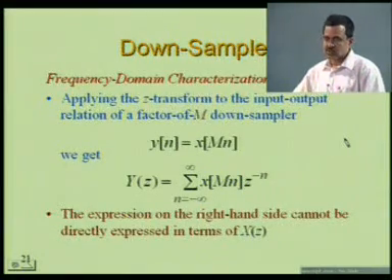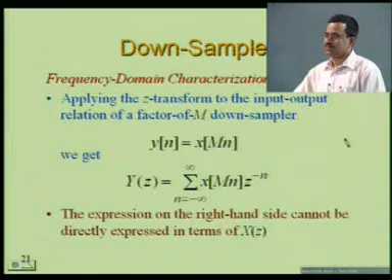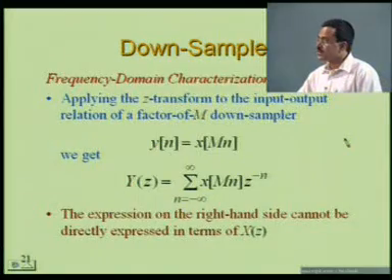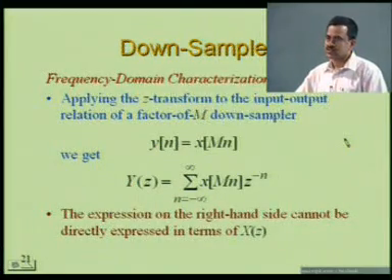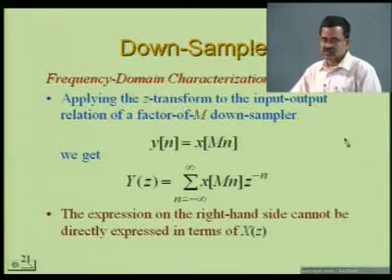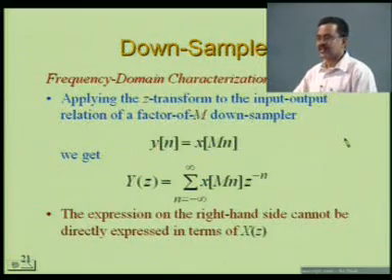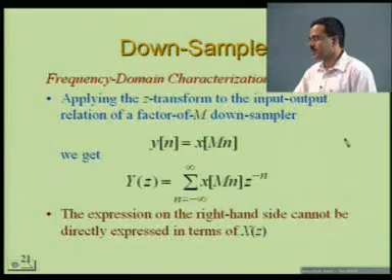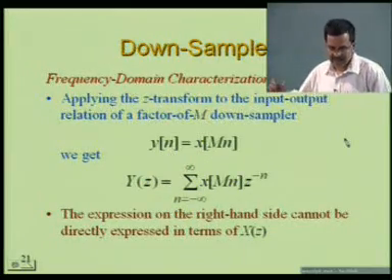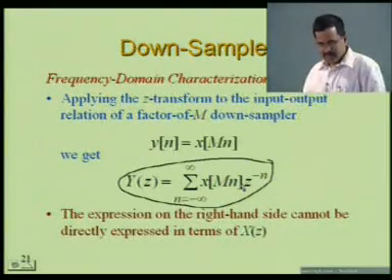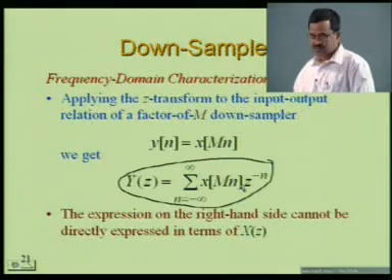output sequence is equal to x[Mn]. This we have already seen earlier. Then by evaluating the Z transform of the output sequence, I get Y(z) is equal to sum over n from minus infinity to plus infinity of x[Mn] z to the power minus n. From the basic definition of Z transform, I can easily evaluate the Z transform of the output sequence y[n], and it is explicitly written like this: Y(z) is equal to sum of x[Mn] z to the power minus n,